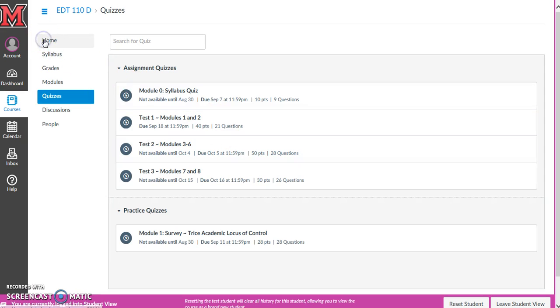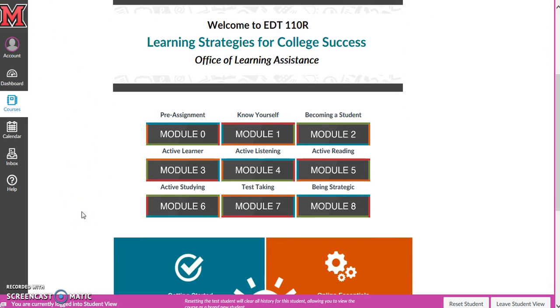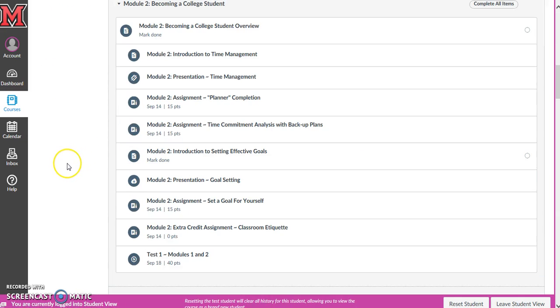Let's head back over to the home page. Another way to get to the specific module you are looking for is you can click the corresponding button on the home page. That will also take you right back to the module list, that confusing page. This is the thing. You can get to the different pages and modules in Canvas in multiple ways, so playing around with it is a good idea. Over here is the menu for the course you're currently in, but on the side you can access any of the